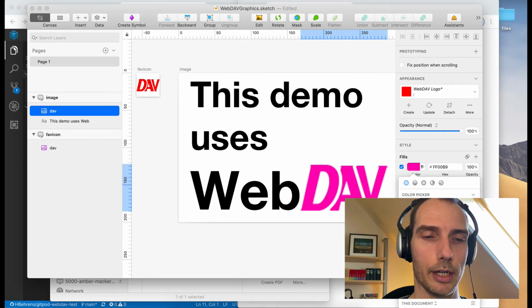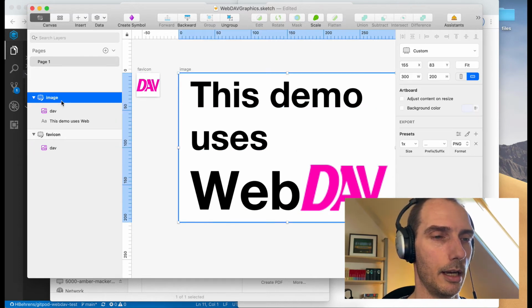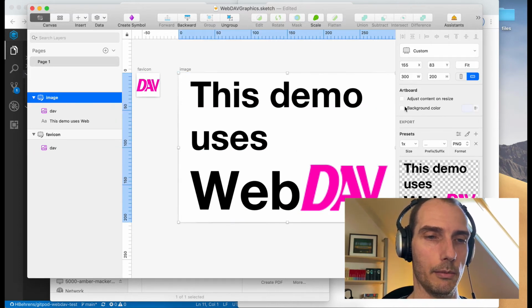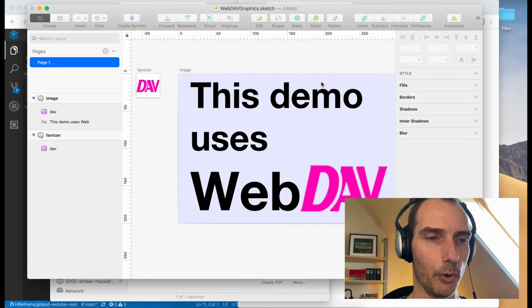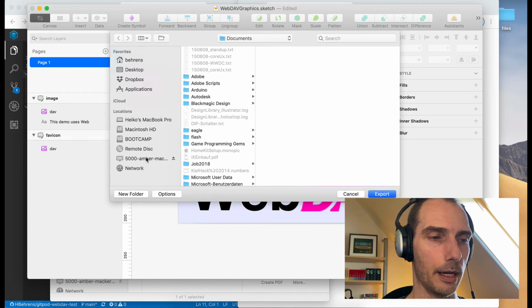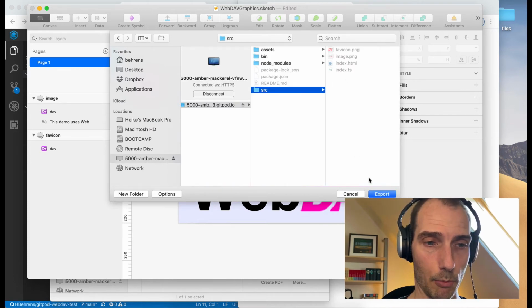So here I'm changing the color a little bit, make it nicer, update my style so that the fav icon matches it immediately. And I want to pick a background color. That looks nice. Hit export, and now I'm choosing the source folder that is now mounted to my local